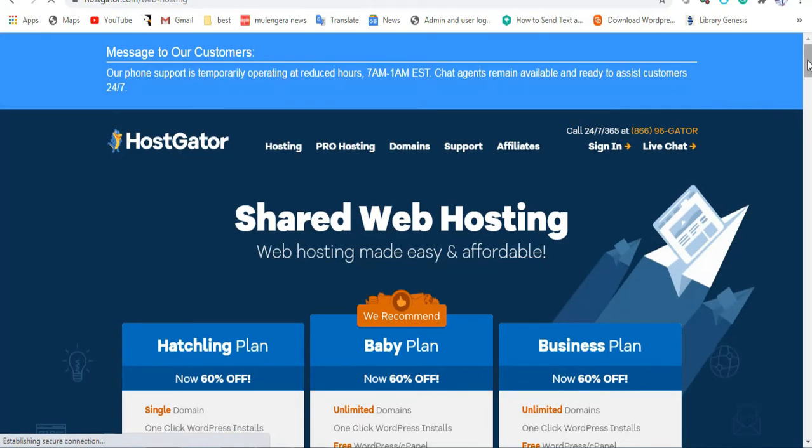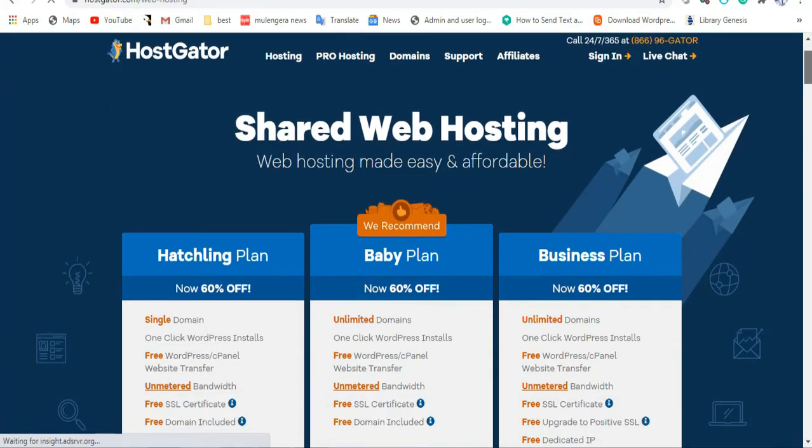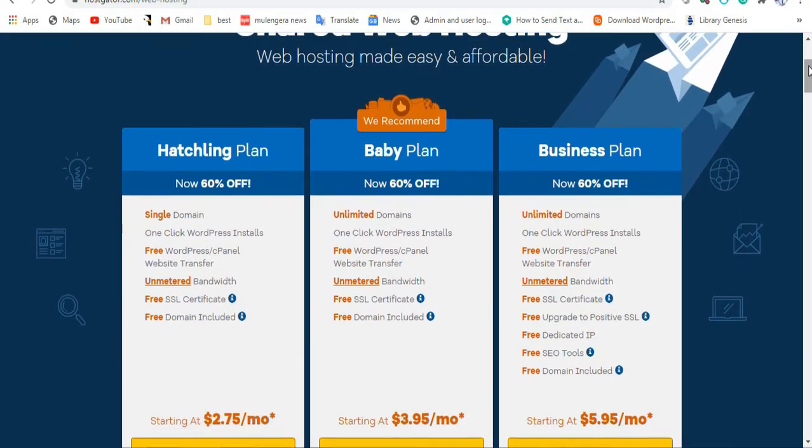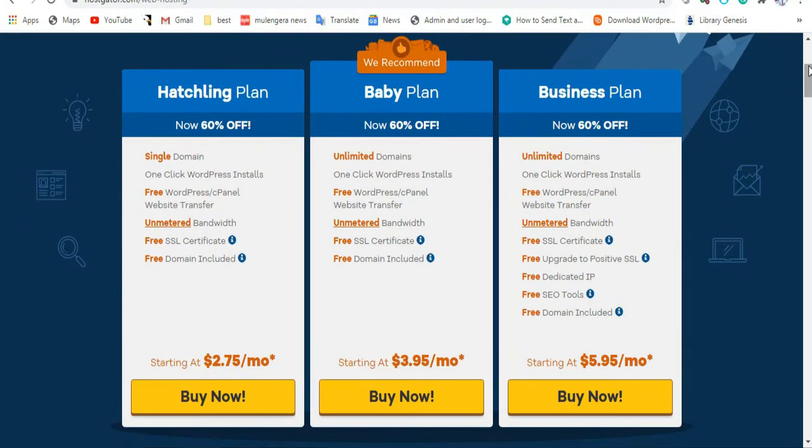On the shared hosting, we have a few plans. There is the Hatchling plan, Baby plan, and Business plan. Of course, the Business plan has so many things that you're not going to use, but if you have a business, then you can go for the Business plan. The difference between the Baby plan and the Hatchling plan is that you can have multiple domain names. For example, you can register your mommy's website.com, your father's website.com, your business website.com, so many of them into one